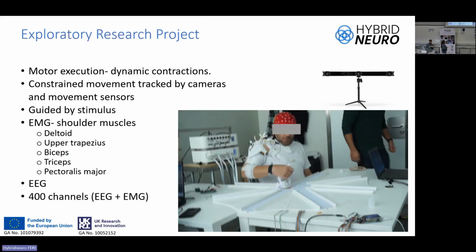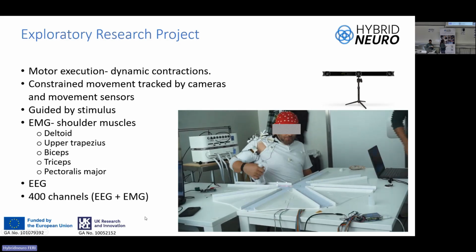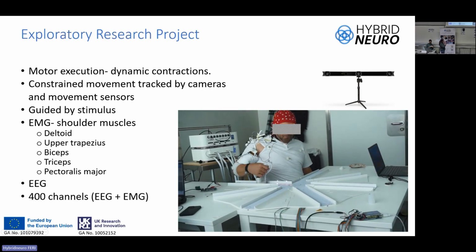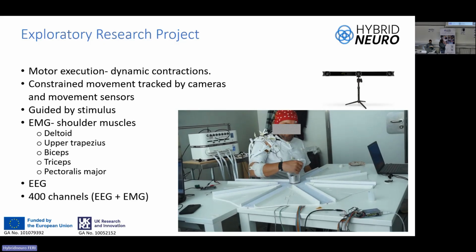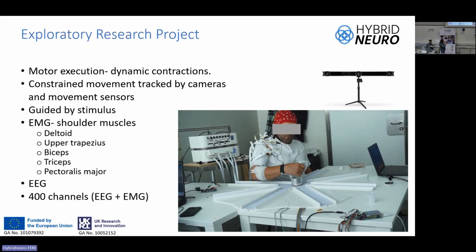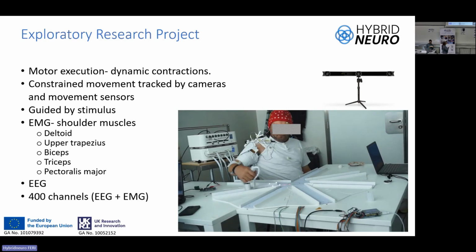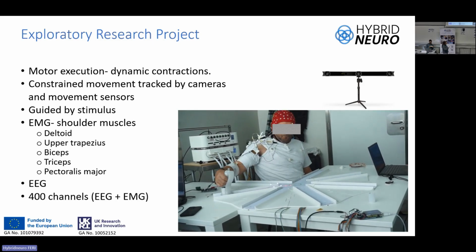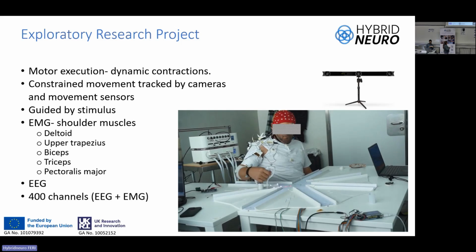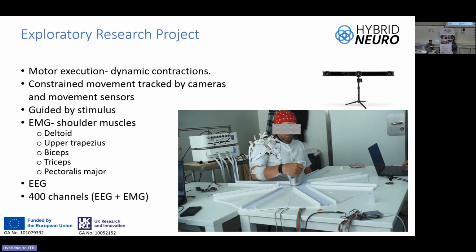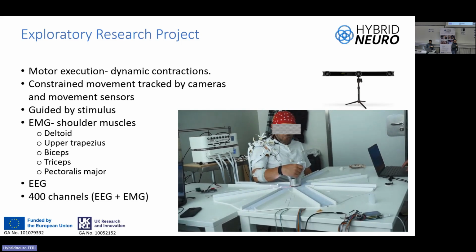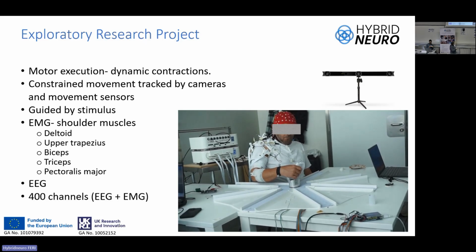The second part of the experiment is the dynamic contractions. So we designed this three-dimensional plane where they have guides to move. In this case, this patient is able to more or less control the movement. There are some that are not. This is the first session of the experimental protocol, but we have seen that for the third session, we have recovered